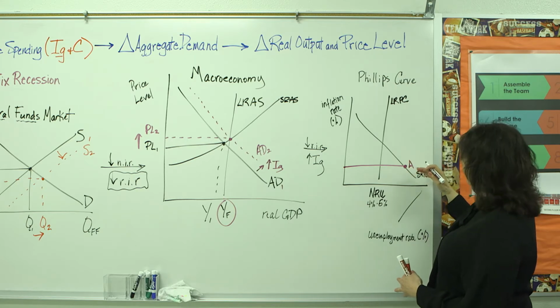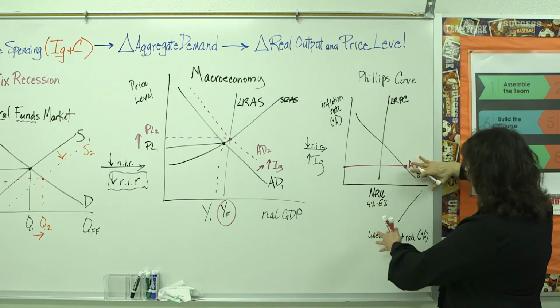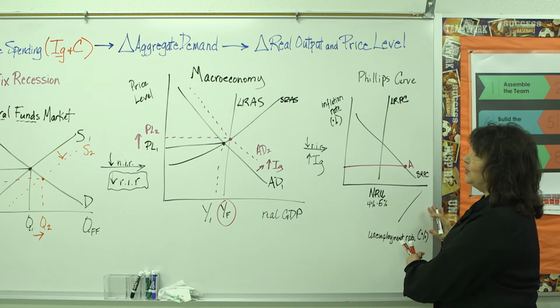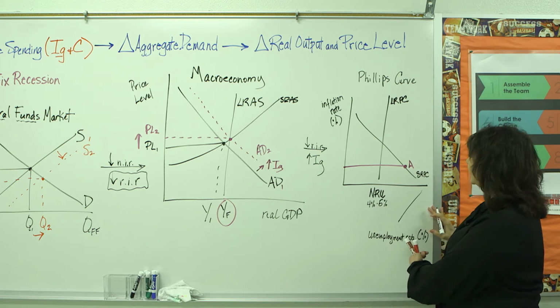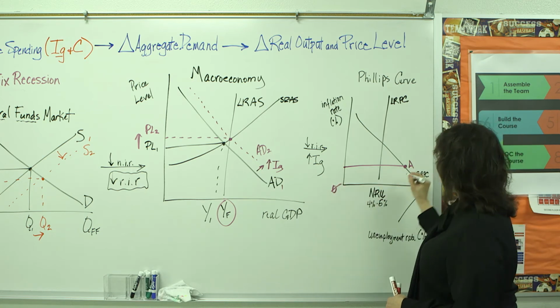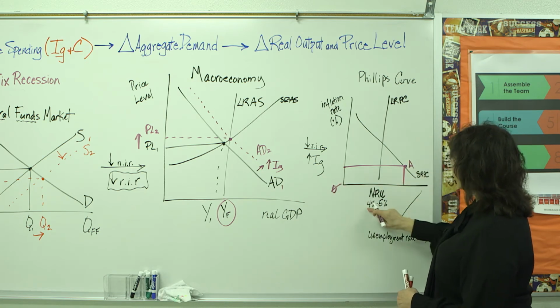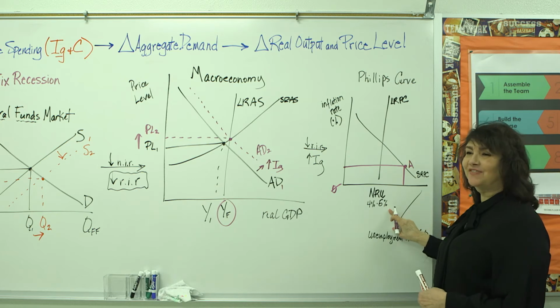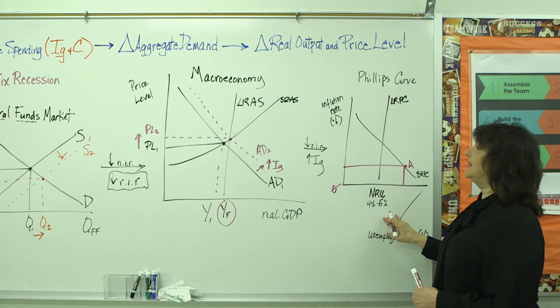How do I know that it's point A? Because I'm closer to the x-axis, my unemployment rate is higher. So if you want, you can think of this as 0. If I am here, I am definitely beyond the natural rate of unemployment. That is showing me that I am in a